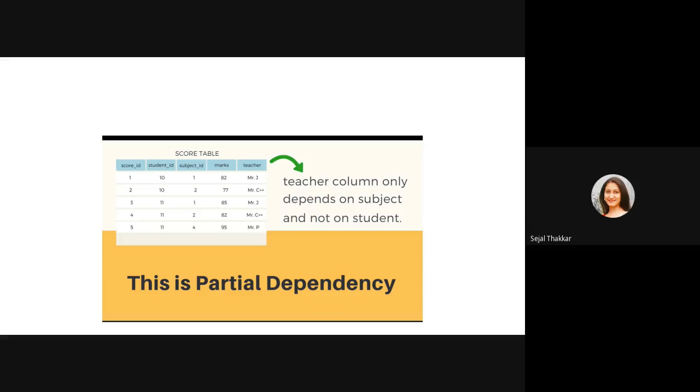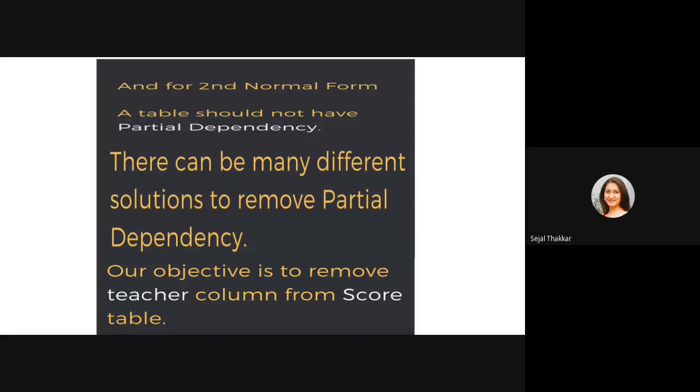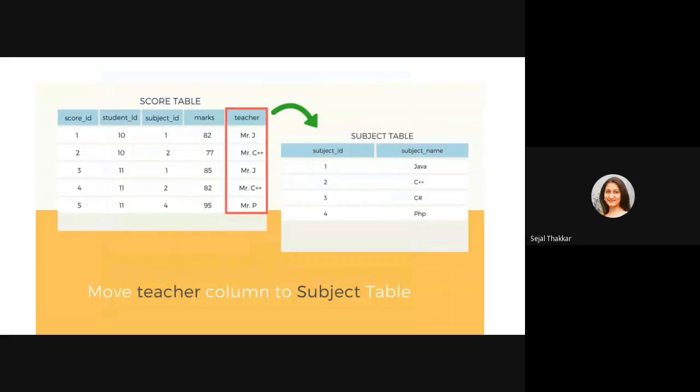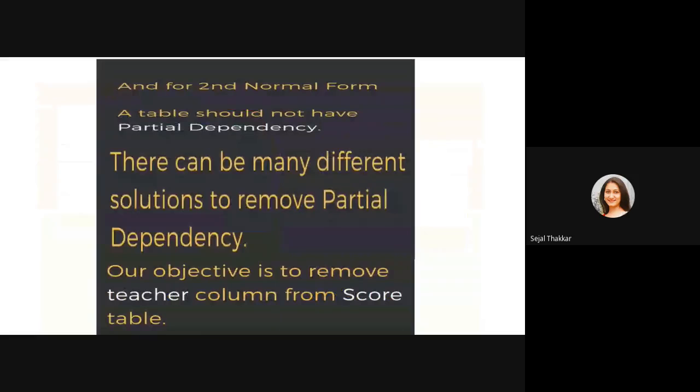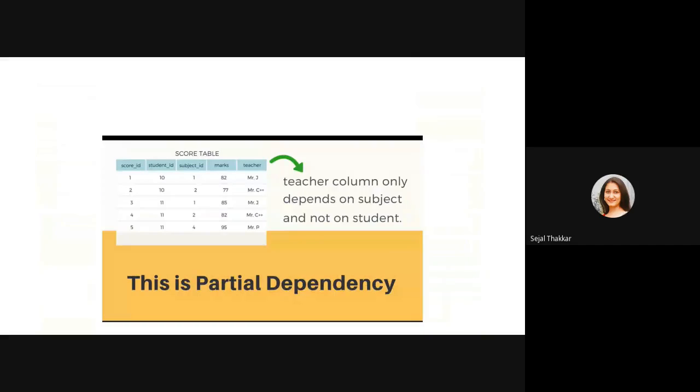Which teacher is specialized in the subject? Who is the DBMS teacher? Right, so you can say Sejal ma'am. Who is the C++ teacher? I don't know who is taking C++ in your class, but you can give the name of that particular teacher. So teacher ID depends on the subject, not on the student. From the subject, I can identify that this faculty is specialized for Java, this faculty is for DBMS, this faculty is for C++. So you can identify, right? But from student, you cannot identify.